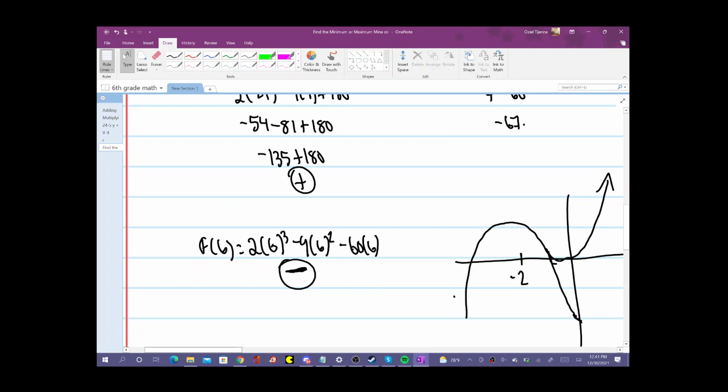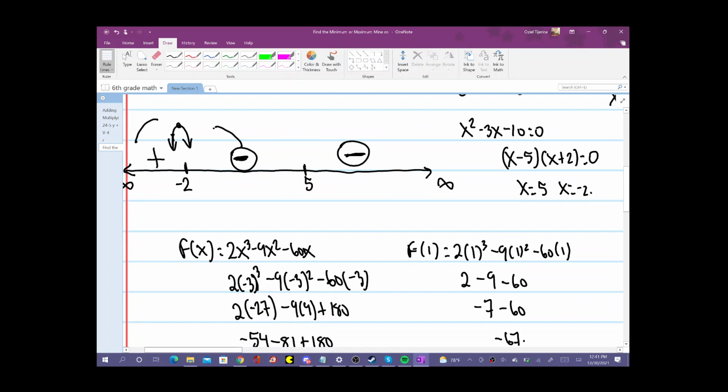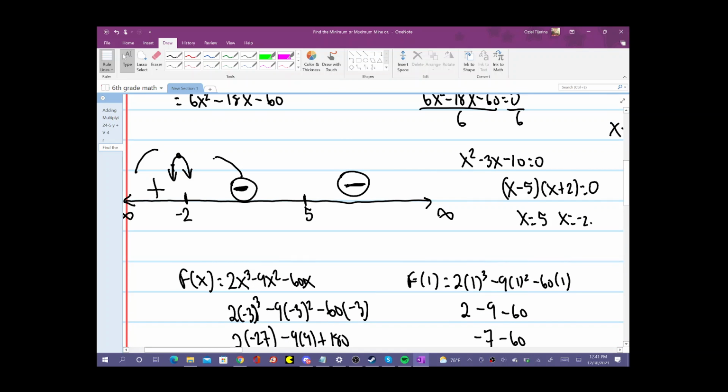Because I know that the maximum value is at -2, but the minimum value is actually, guys, the minimum value